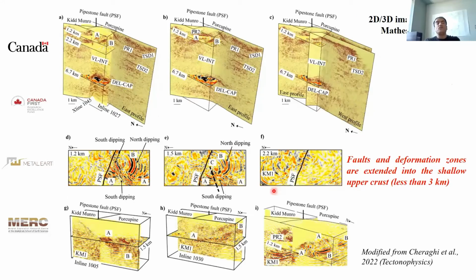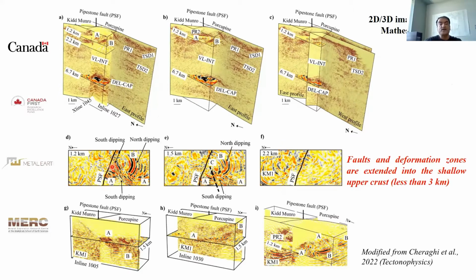And if we look at the 2D and 3D processing together, the first row mostly shows integration of 2D sections and also the 3D data set, and how we can correlate reflections from one line to another in the shallower and deeper part. But the interesting part is when we look at the depth slice from the 3D processing on the Pipestone